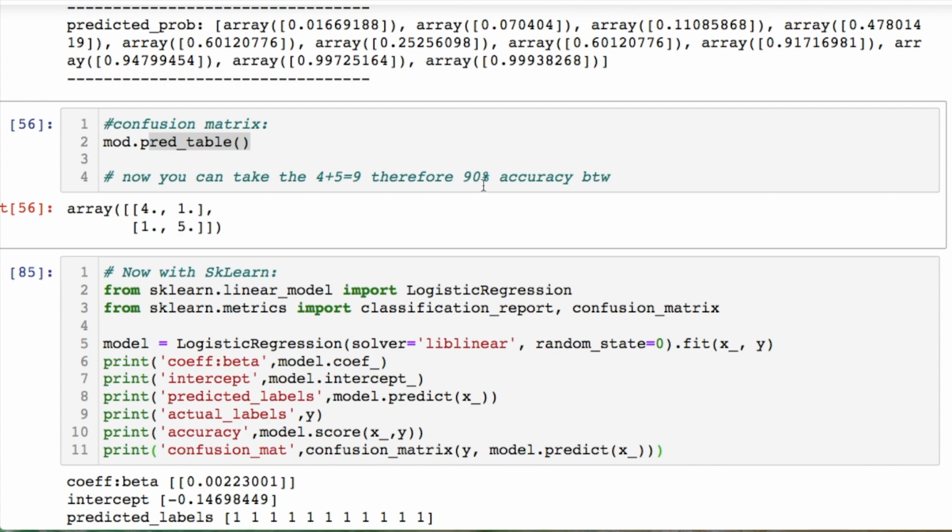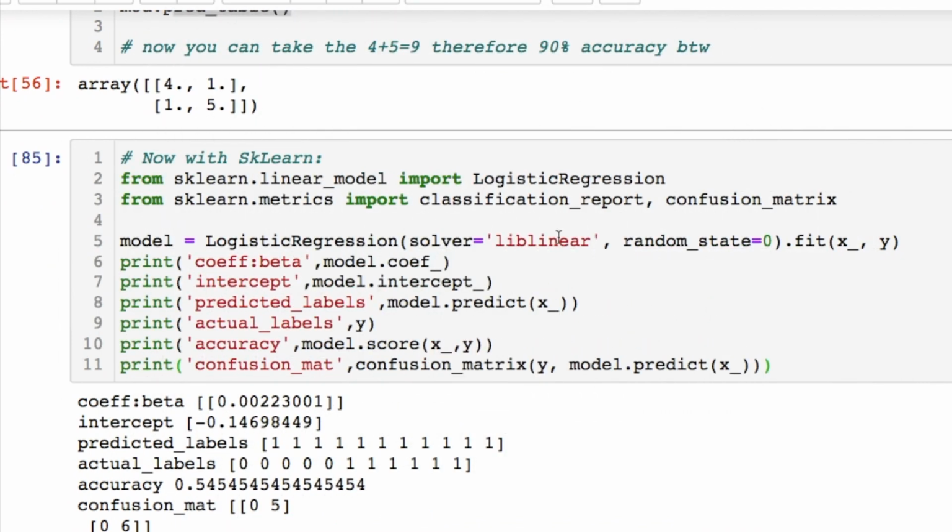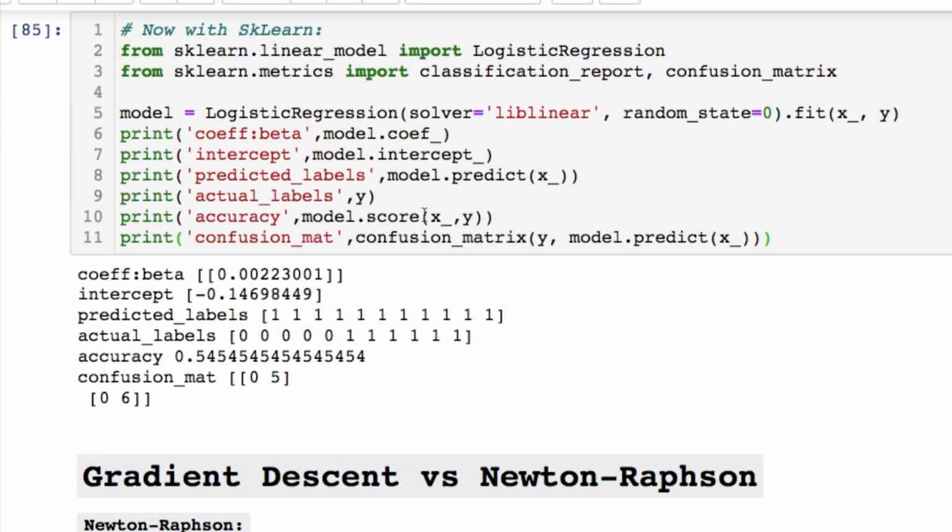You can take the confusion matrix, take both of the positive values, okay, which are these corners, add those up, that's going to be 90% accuracy. Run this through sklearn, you don't get the same items back, okay, for your intercept and your beta coefficient, because I'm thinking that this is running a regularization term in the background that I don't know about. What people usually do is set C equals some crazy big number that you're plugging in here, but I'm not going to work my way backwards. I'm just going to show you sklearn, here's your coefficients, your intercept. Here's your predicted value. Here's the actual value. It's saying I have a 50% accuracy. I would have 0 plus 6, which will equal about a 60% accuracy for this model.